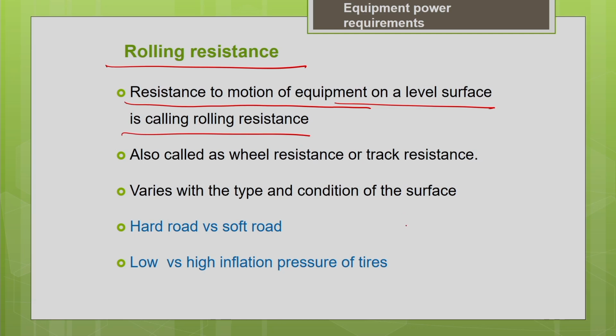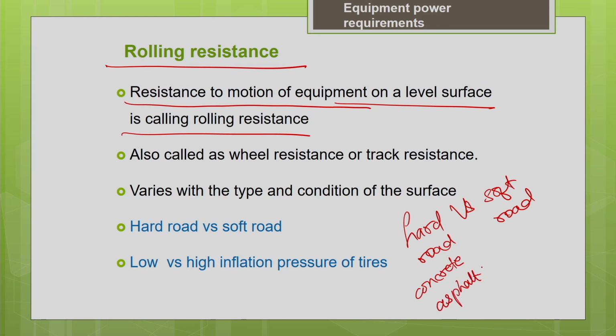Basically, we can compare the rolling resistance between a hard road and a soft road. Hard roads, you can say your concrete road and your asphalt, are all examples of hard roads. Your earthen roads are soft roads. Earthen roads vary a lot. It depends upon how you maintain it and prepare the earthen roads. If you are properly compacting the earthen roads and maintaining the optimum moisture content in them, it can even give you better performance equivalent to hard roads. This will vary a lot depending upon the weather conditions, and upon what type of drainage you have provided for the earthen roads.